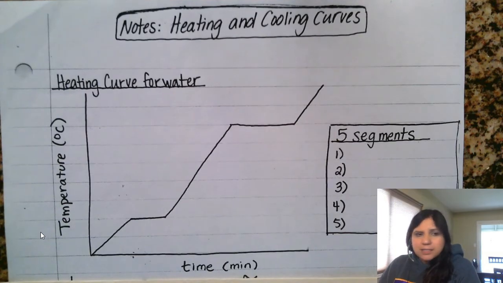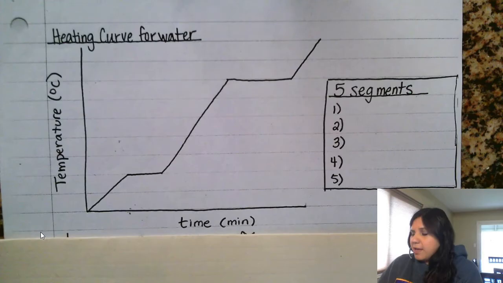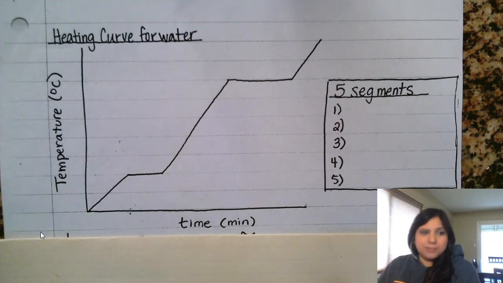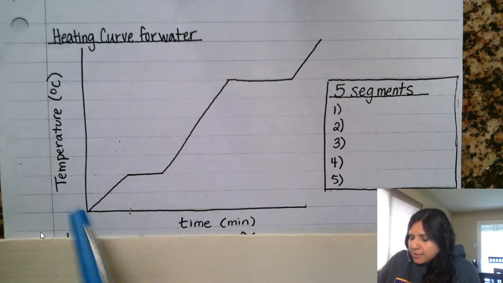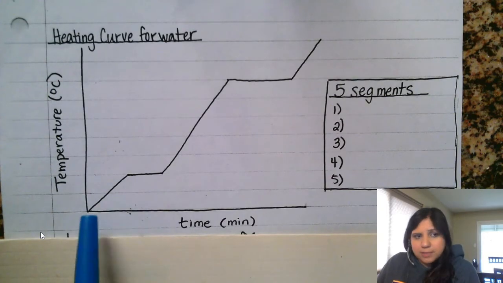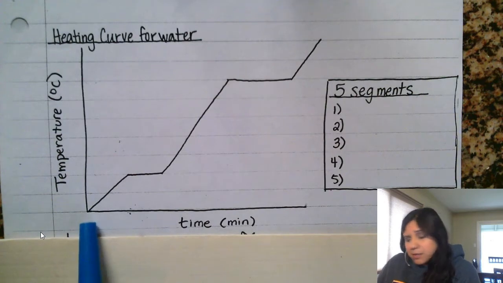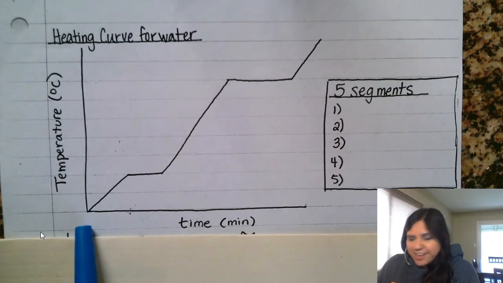Alright, so here is a picture of a heating curve for water. You do need to draw this. What is a heating curve? A heating curve is basically a graph of what's going on with a substance over time. You take a substance in a closed container, and you heat it, and you see what